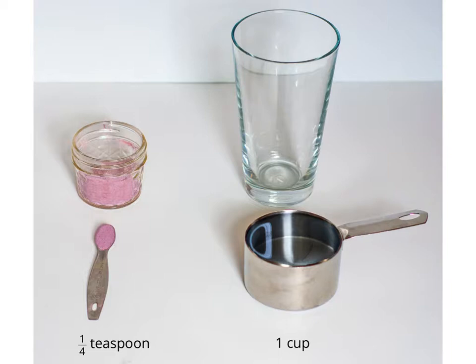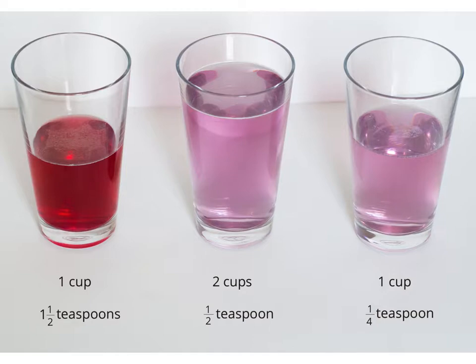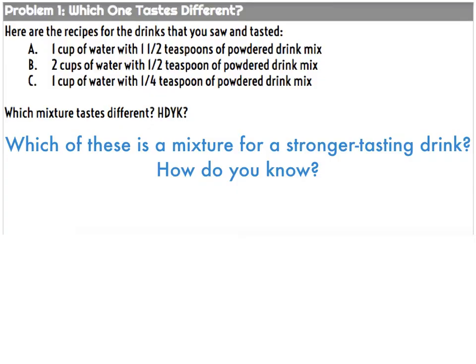When made, they look like this. Looking at this, you might notice that 2 of them have less liquid because they only use 1 cup of water, and 2 of them are a similar color, and we're going to think about what's going on there. Why would the 2 cups and a half teaspoon and the 1 cup with a 1/4 teaspoon end up being the same color? So then I put those recipes in front of students and I said, how can you tell